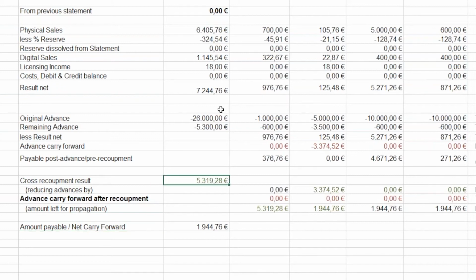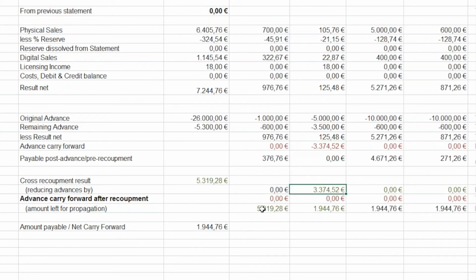So what happens here is we sum up the money we have to draw down other Vorschuss, and we use it. Here there's no remaining advance to be reduced, so we can propagate, and that's the idea of what we're doing here. We take this money and draw down each remaining advance as much as possible with the available money and propagate the rest to the next contract and remaining advance. So here there's no remaining advance to be drawn down.